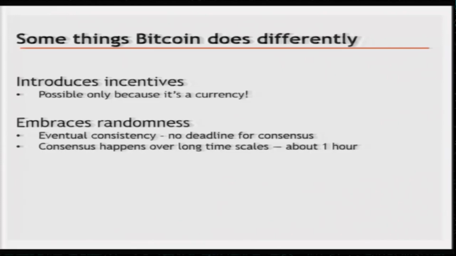So, in the original Byzantine fault tolerant problem, there was no incentive. We were not saying that if you behave maliciously, then you will not get some reward, but if you do not behave maliciously, we will give you rewards. If you introduce that, it is a different problem actually. Also, instead of talking about a deterministic algorithm, you actually embrace randomness in case of Bitcoin consensus, and we will see